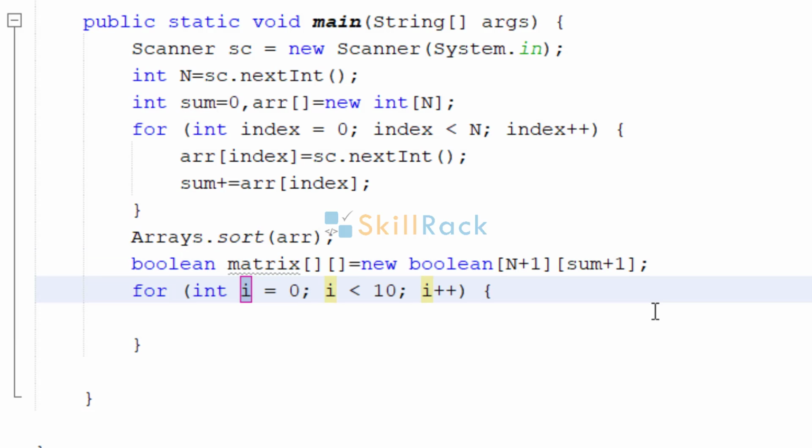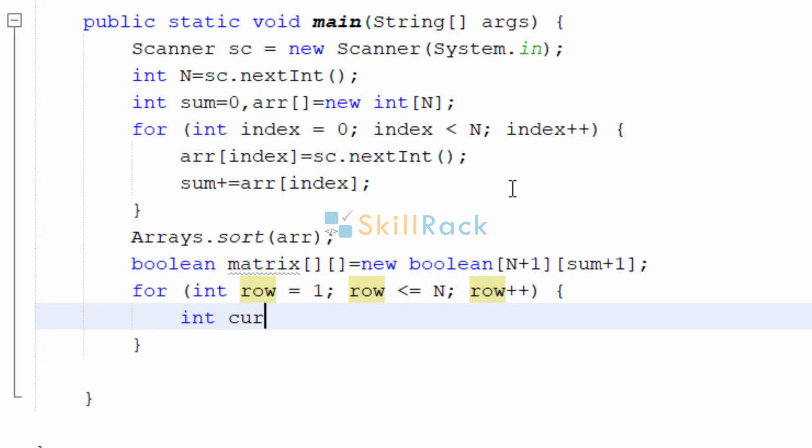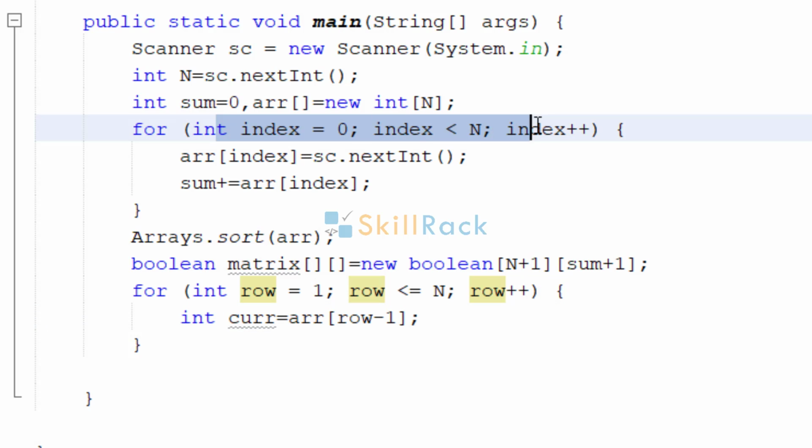So because the rows are nothing but the values, so we will say row is less than or equal to n. So that is the reason we have given n plus 1 here, so that we will get the index. And also the first row we are not going to do anything. So row will start with 1. So the value will be current. So what is that particular value? It will be row minus 1. Because row is starting with 1, but in the array we have stored the values from 0. So always the index of that particular element will be 1 less than the row. So we have got the current value here.